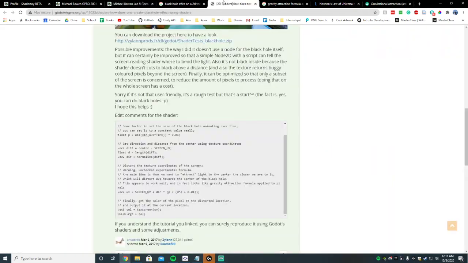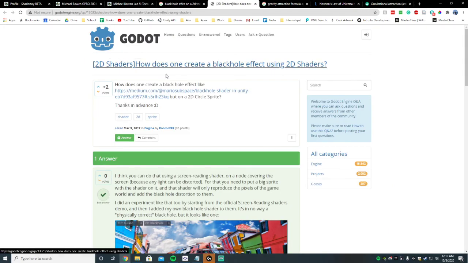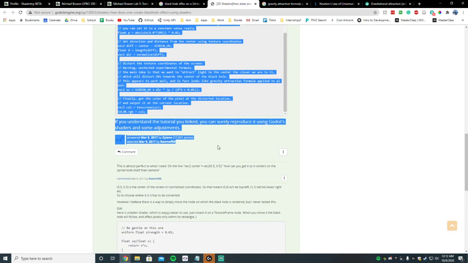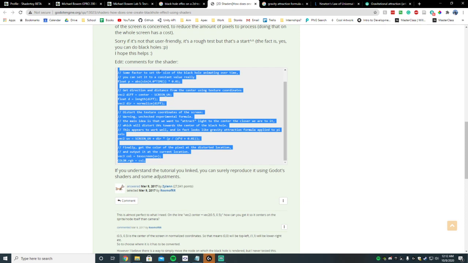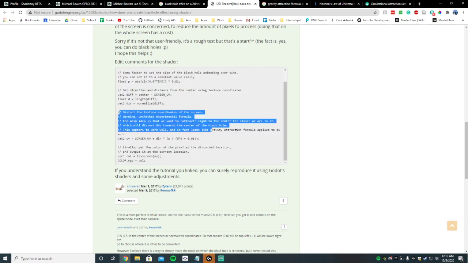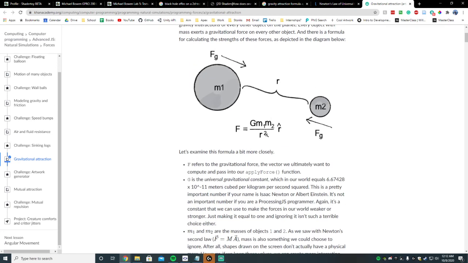So the reference I used was this Godot form, and this sort of code I was able to adapt into ShaderToy. It was well documented, so I was able to basically extract the information I needed. And I basically am using this function here, the gravitational attraction function, to